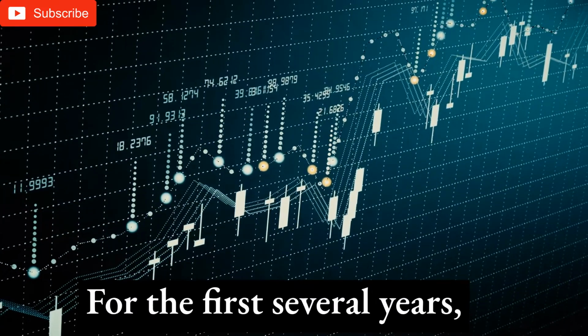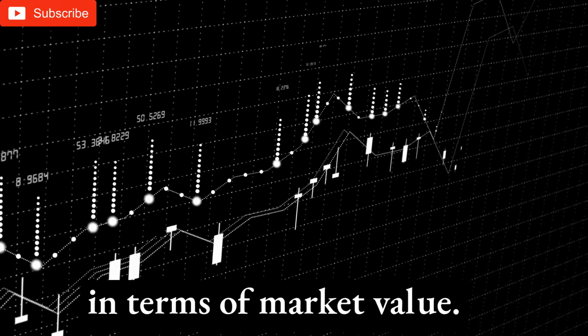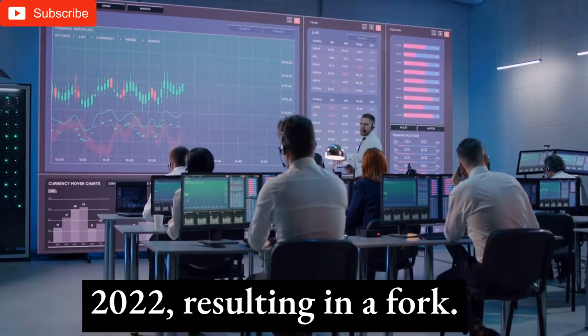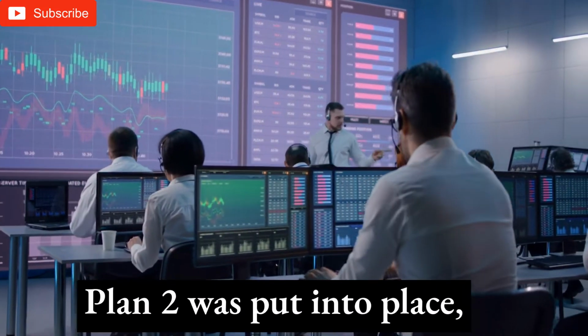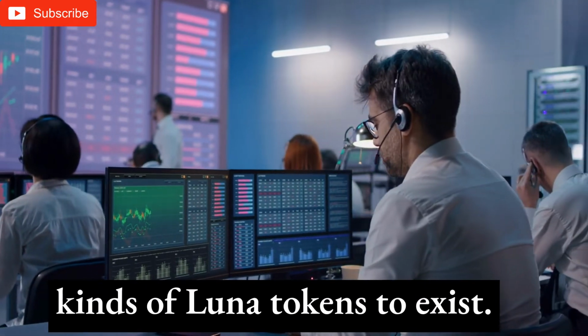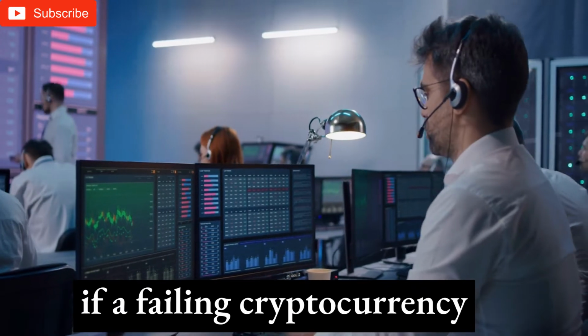For the first several years, LUNC performed well. At the end of 2021, it was even in the top 10 cryptocurrencies in terms of market value. However, the Terra system disintegrated in May 2022, resulting in a fork. It essentially introduced a new version of LUNA. The Terra Ecosystem Revival Plan 2 was put into place, which made it possible for both kinds of LUNA tokens to exist. Without a doubt, the future of this coin is critical in deciding if a failing cryptocurrency can recover